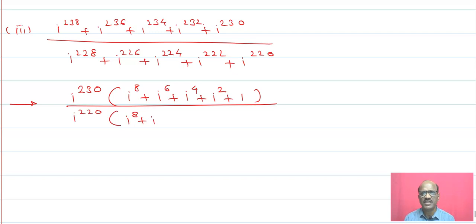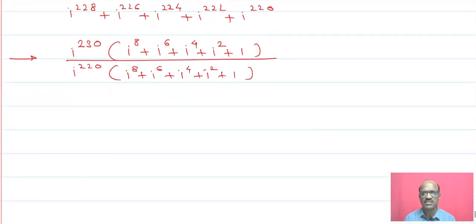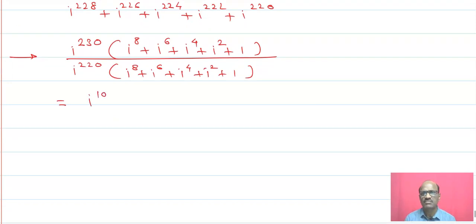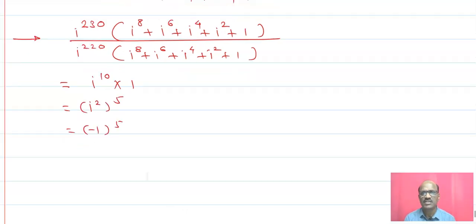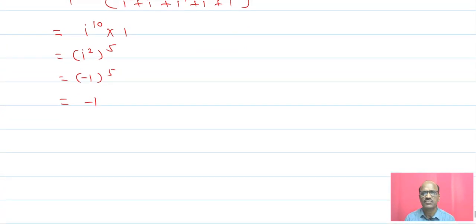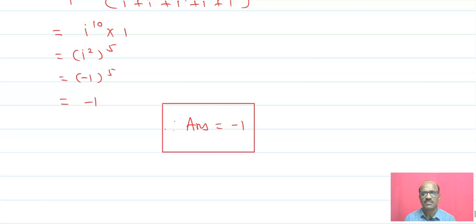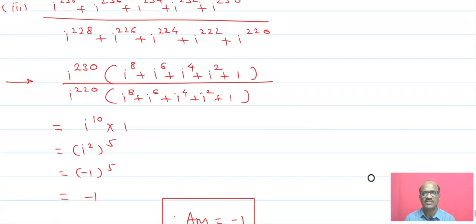Take the common in bracket, you will get the remaining i raised to 8, i raised to 6, i square, i raised to 4, i square and 1. Again those two terms get cancelled, you will get i raised to 10 into 1. i raised to 10 can be i square bracket raised to 5, minus 1 in bracket raised to 5, that is equal to minus 1. Now next is